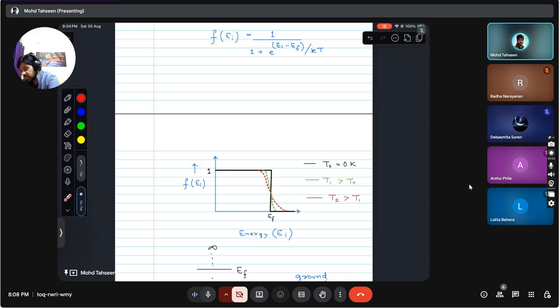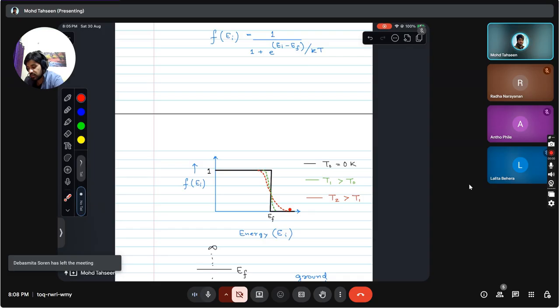But as we increase the temperature in this equation, as we go to T1 and T2, we see that the distribution changes like this. There are some states which cross the EF level, the Fermi energy level. They cross this barrier and go to even higher states. That is what causes the temperature of the system to rise. The more you increase the temperature, the more the states go to higher and higher energy levels. Because the red is the highest, you see that the highest energy levels are occupied, as compared to green and black.